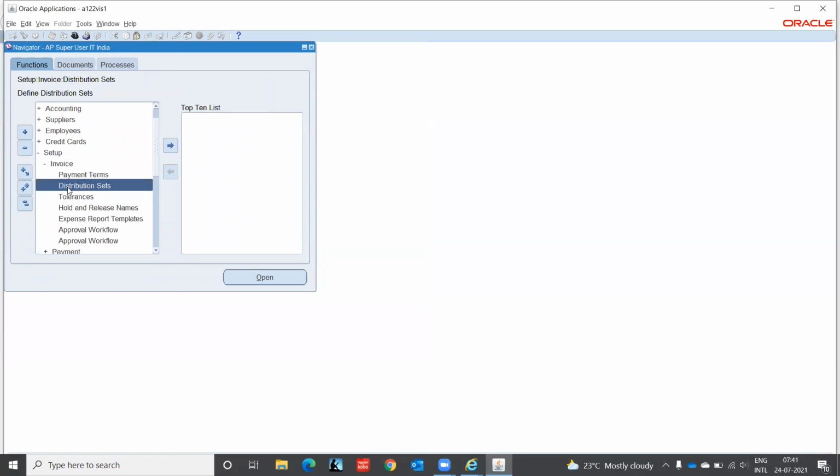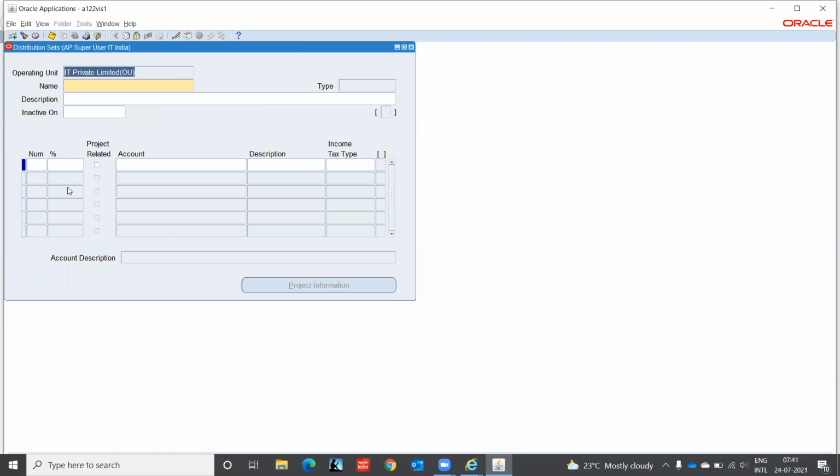Second thing, distribution set. Okay, so distribution set is designed for putting your accounting. When you do the accounting, the liability account is coming from the supplier level. So if you define a distribution set, you can very well assign the accounting for expenses. Instead of you putting all the account, all the company location, account and department and everything, the configuration team will do the distribution set. Let's say